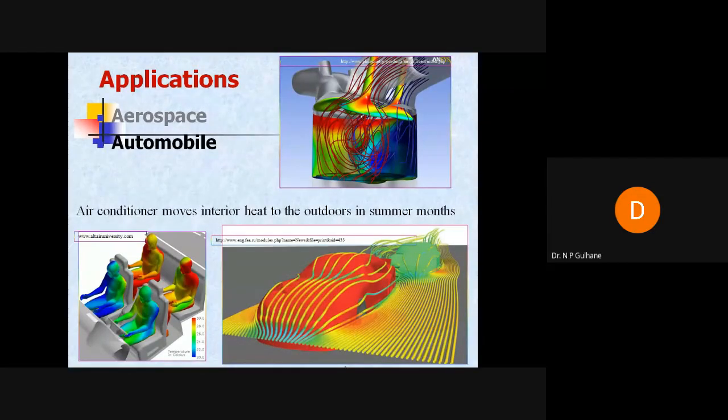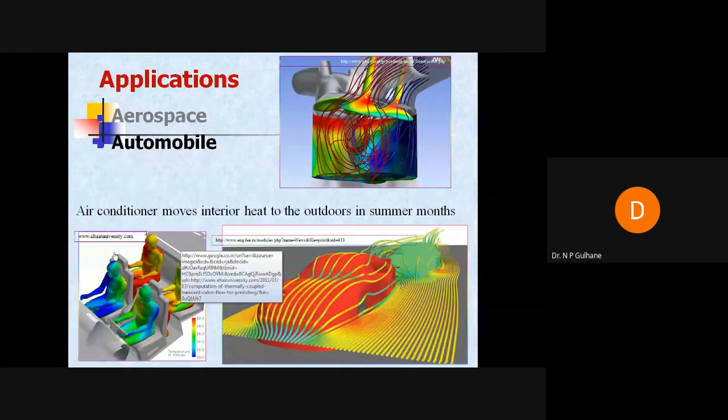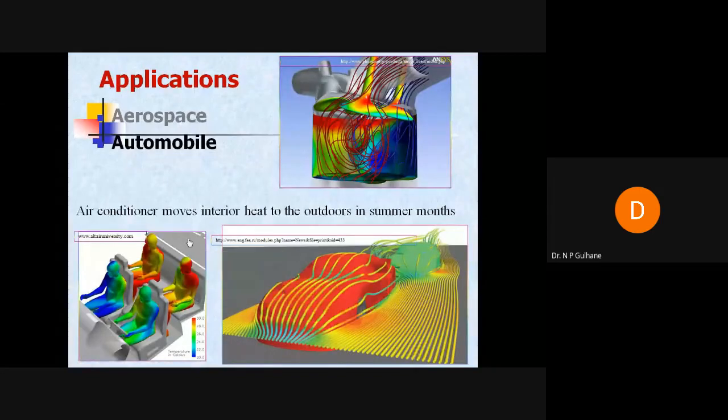So after this aerospace application, let us come to the automobile. You can see this is the inside compartment in the automobile. It has been designed in such a way that the last person sitting on the back benches, or if it is a lengthy vehicle, maybe 6-seater, 7-seater, should get effective cooling from the air conditioning, so that the air moving in the entire region will be effective.